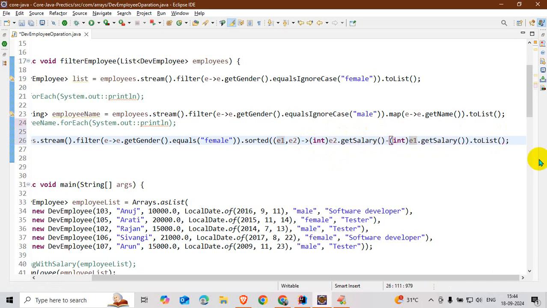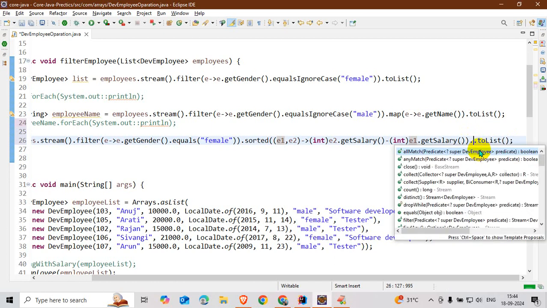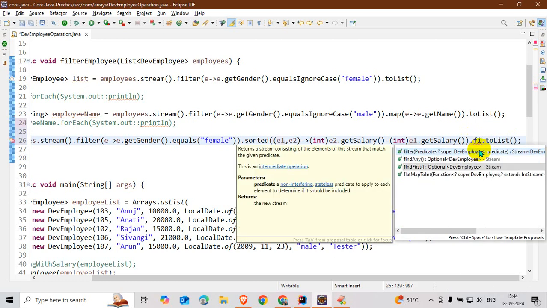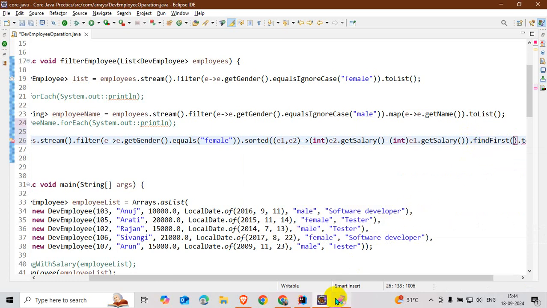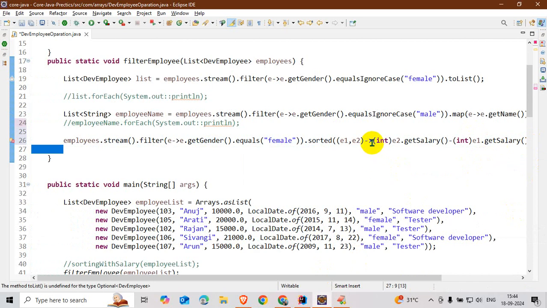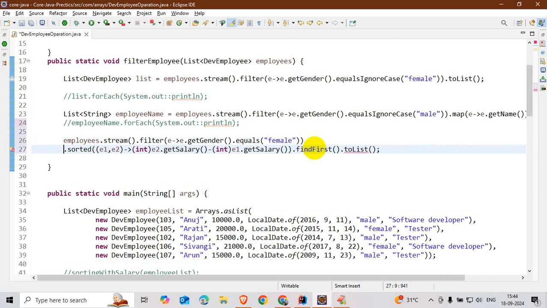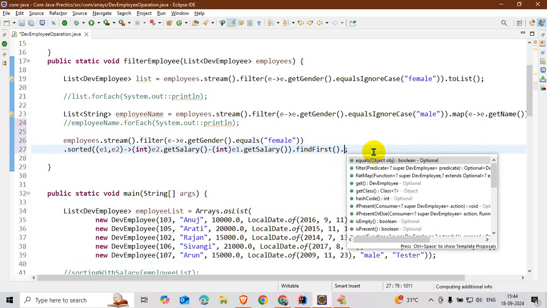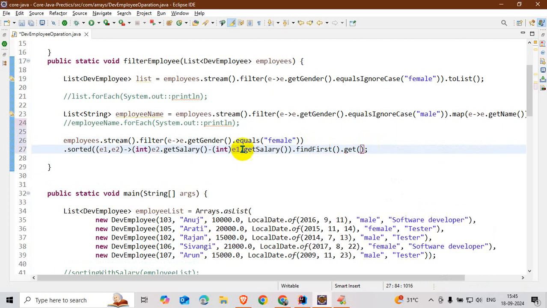Here I want toList, but first of all findFirst. No need to write toList, sorry. findFirst, and here I did not collect it, and dot get. Right.